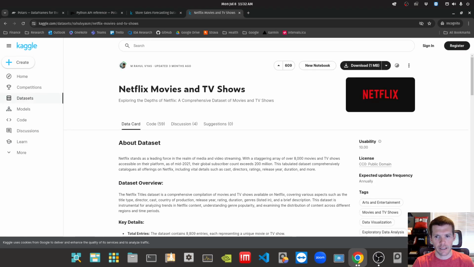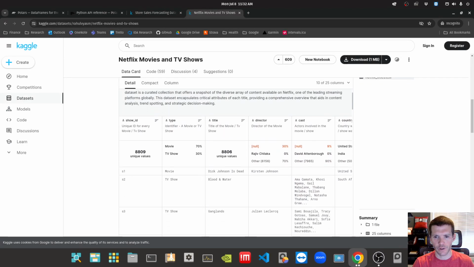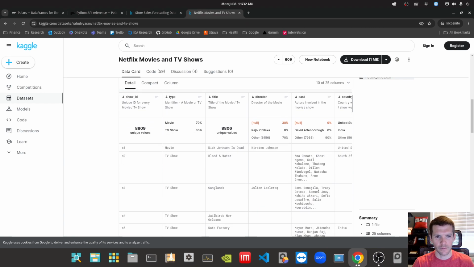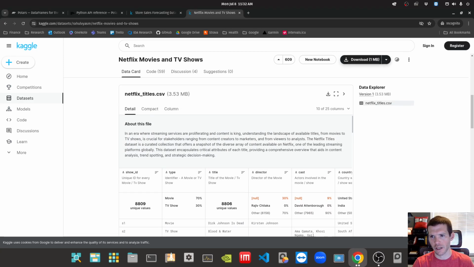So if you click that, there is going to be a Netflix titles.csv, and if you look at that brief data summary that it gives you there, it has that show ID column, and that is going to be the one. So again, you'll need to sign in and download that. Again, it'll come back as a compressed archive, so you can just extract that and you'll have access to that CSV file.